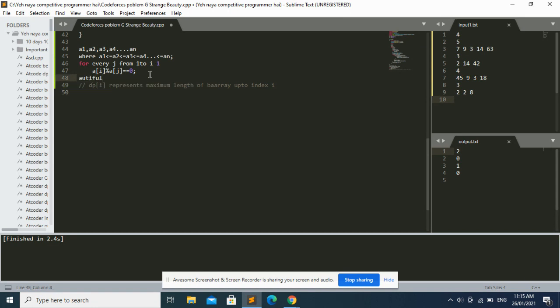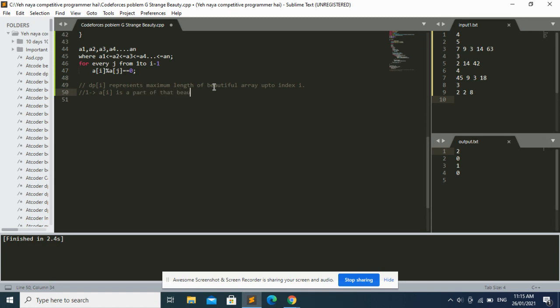Maximum length of beautiful array up to index I. Now, there are only two cases or transitions to be considered. Case 1: a of I is a part of that beautiful array.